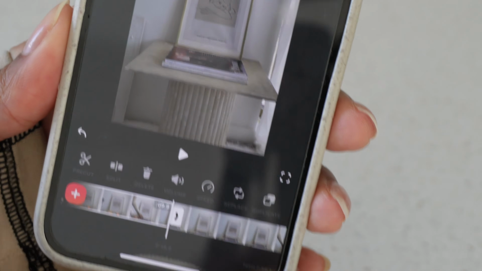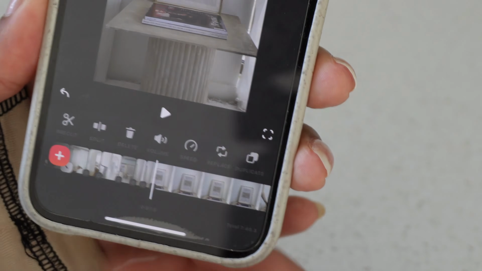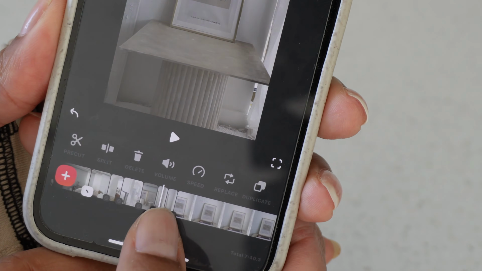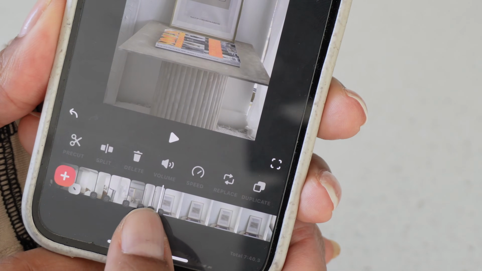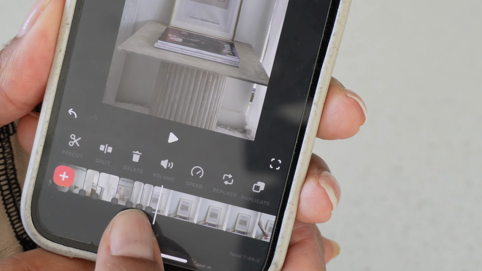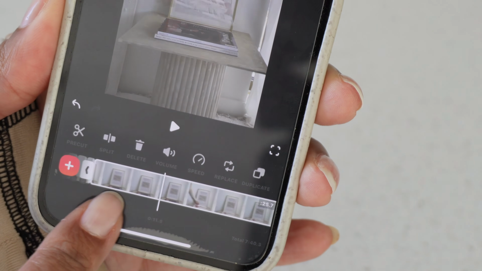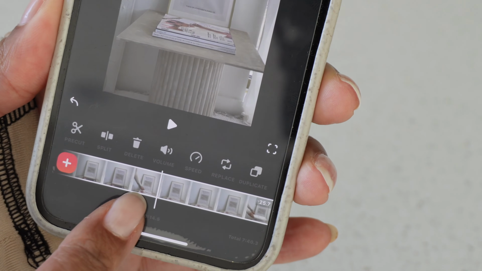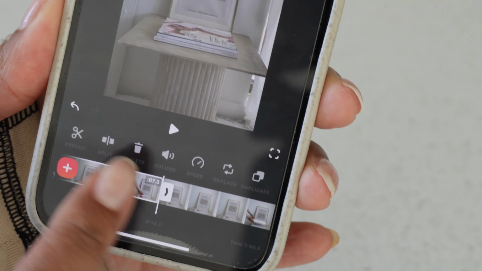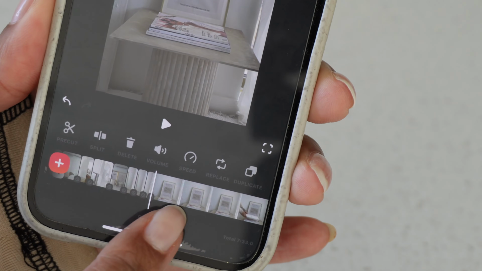Split again, then delete the part we don't want when I'm putting the magazine on the table. So as you can see now, there is one magazine and then the second magazine. I'm gonna split it again, move forward until I'm putting the third one, split, delete the one on the left,